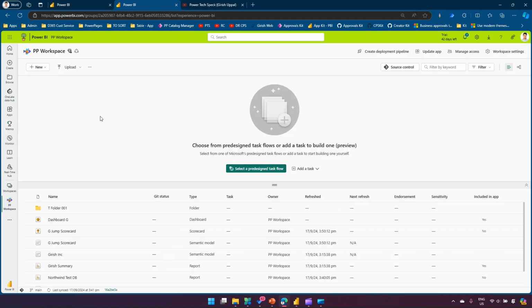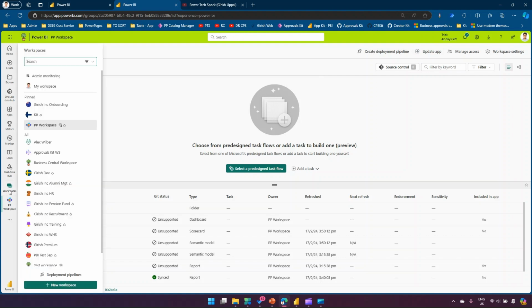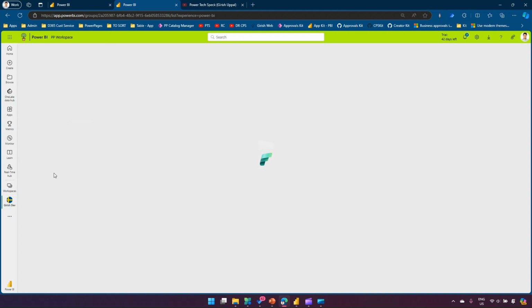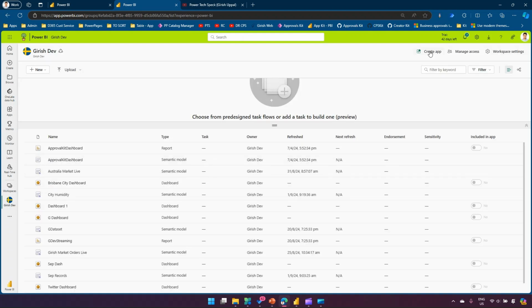now here the workspace app has already been created for this workspace. So that's why I see an option to update an app and not create an app, because there is an app attached to this workspace. So remember, one workspace will only have one app created. So if I go into workspace again, if I go to Girish Dev, then here I have an option to